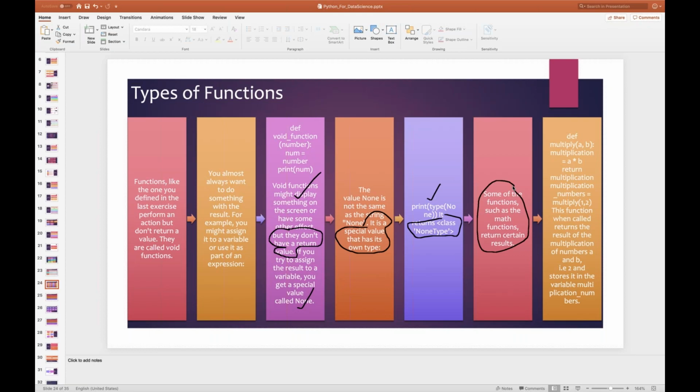Now, if somebody asks you what is a void function, straight away tell them, boss, void functions don't have a return value. In the void functions, if you assign a value to a variable also, it will throw an output as None. When it says None, it is nothing but a class of NoneType. That's all you need to understand in this slide. Are you clear on this point, everyone? Erase all the drawings. Go back to the pointer.